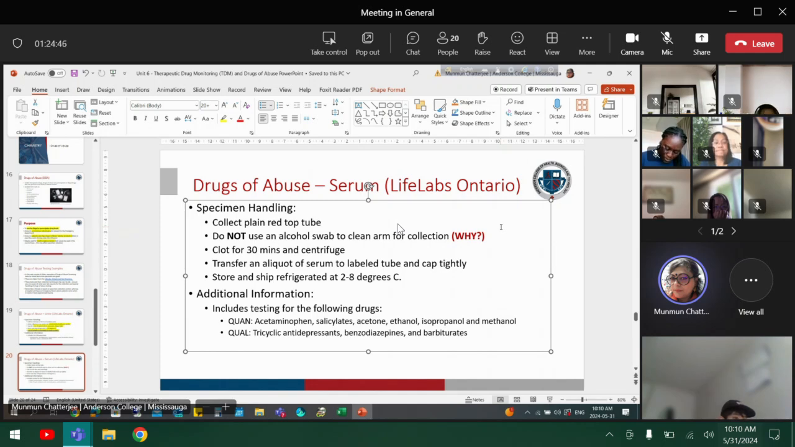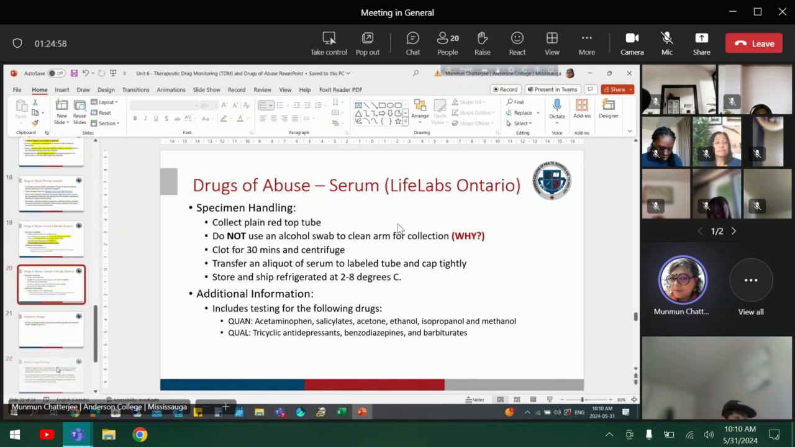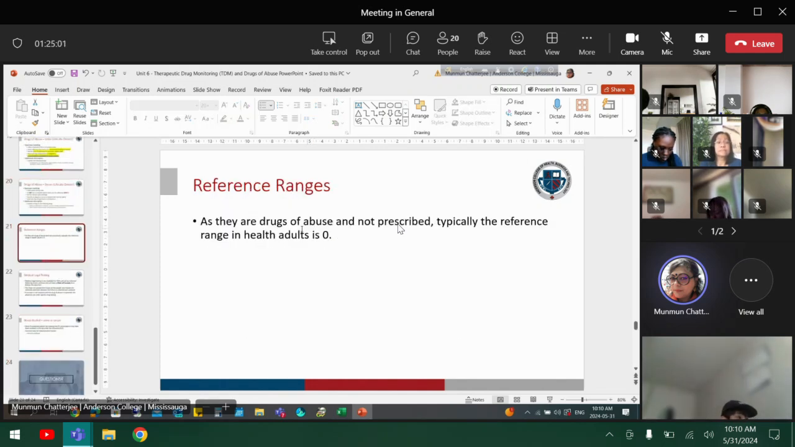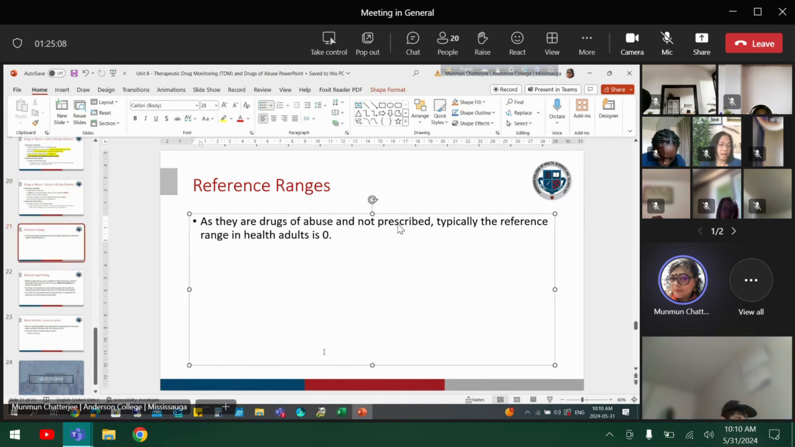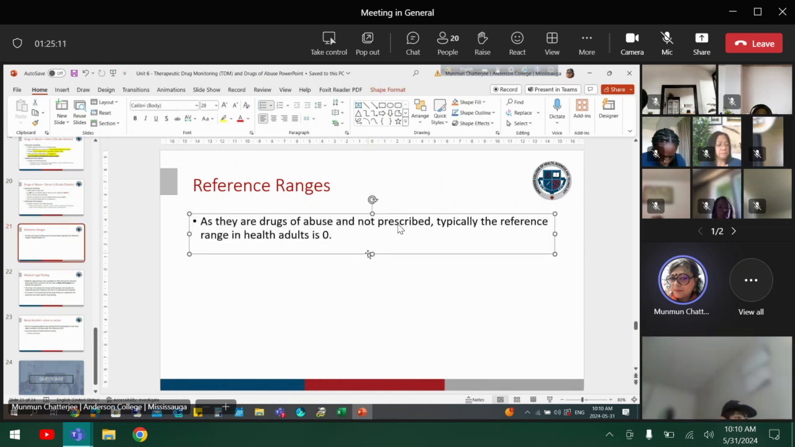Let it clot for 30 minutes, centrifuge, and transfer the liquid. This is regular, stored at 2 to 8 degrees centigrade. So these are the different drugs you can collect blood for doing the testing. As they are drugs of abuse and not prescribed, typically the reference range in a healthy adult is 0. If any amount comes, which should not be in your blood, the result shows you have some in your body. When this is illegal,